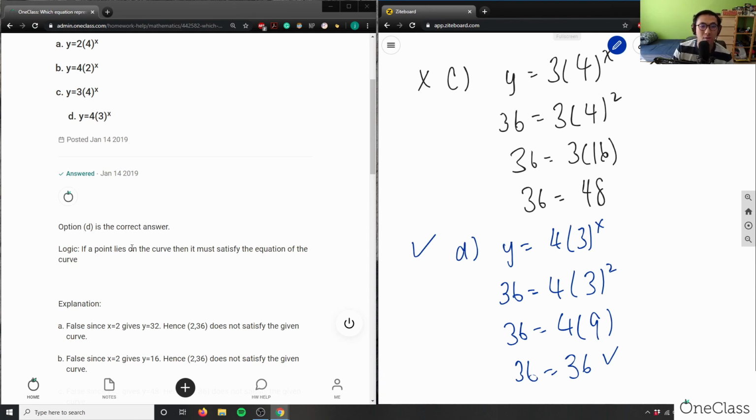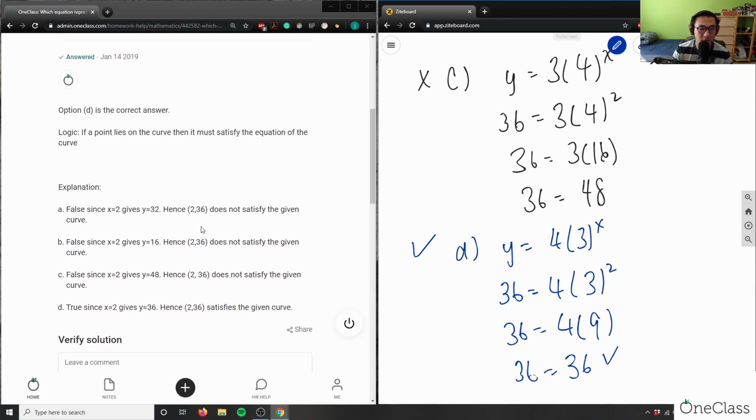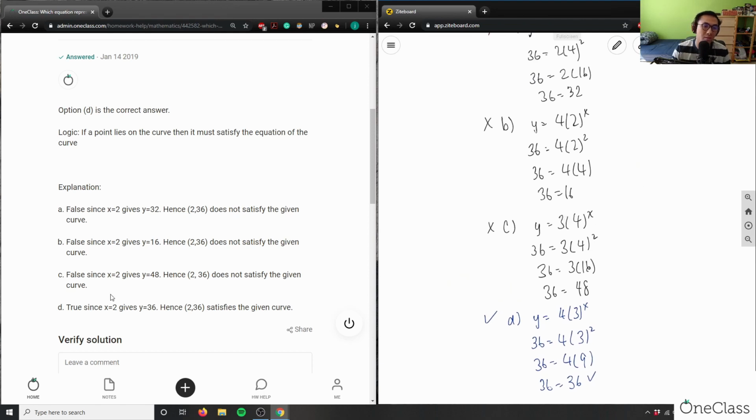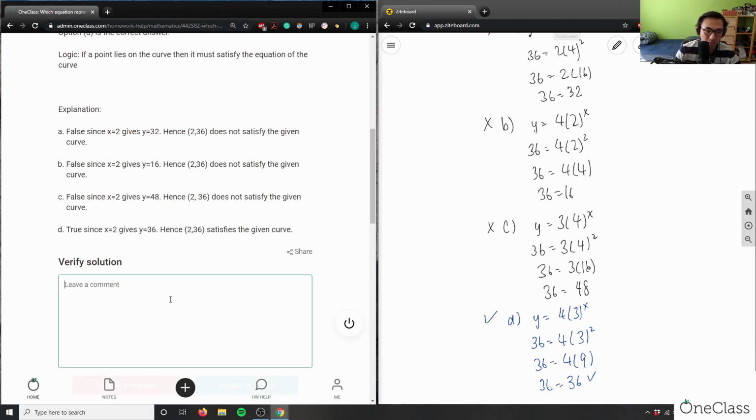If the point lies on the curve, it must satisfy the equation of the curve. So A is false, hence (2, 36) does not satisfy it. Okay. So basically they just plugged in these equations here to solve for it, and they said that D is true because x equals 2 gives y equals 36. So the solution